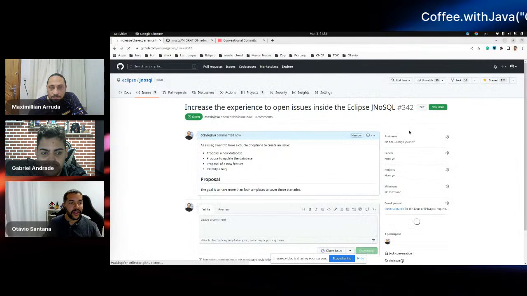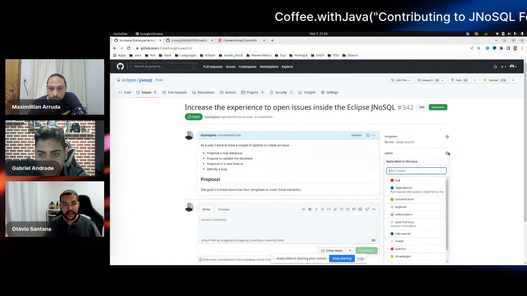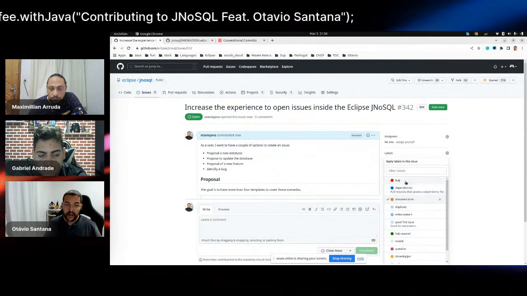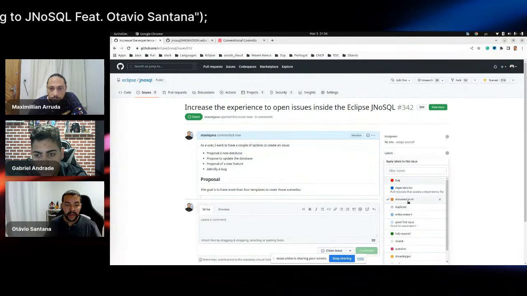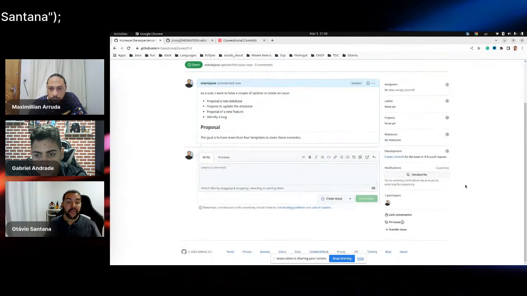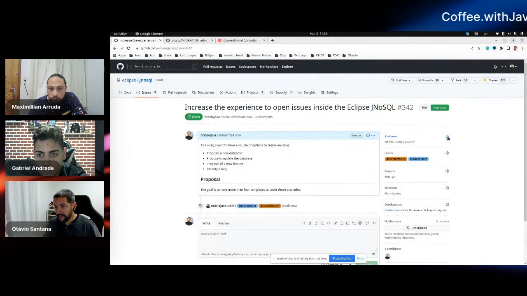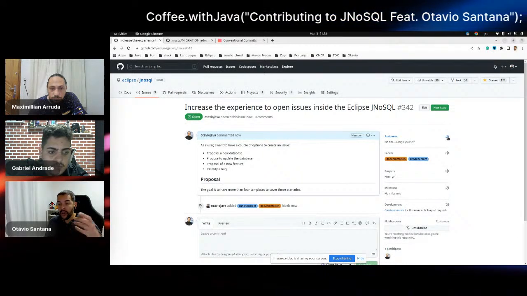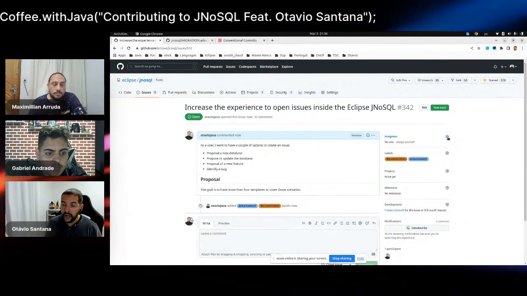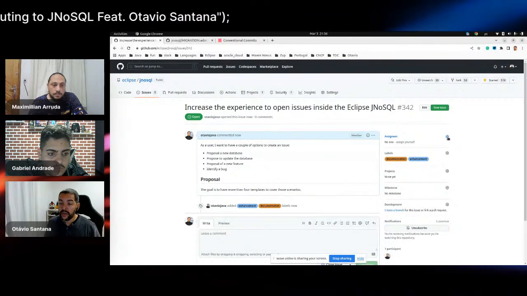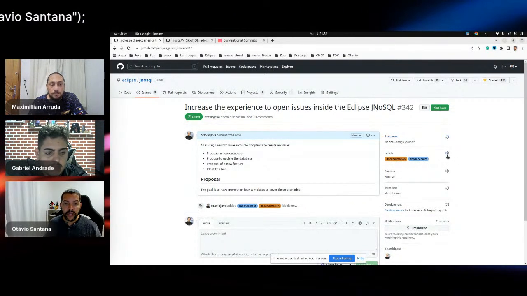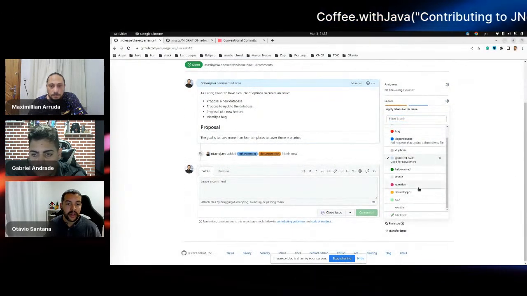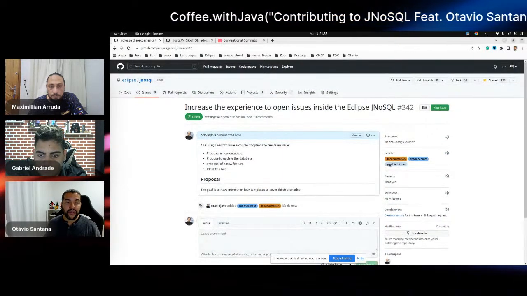So here, I open an issue. I can define this as documentation and a bug, right? So not a bug, but an increment. And I can find somebody to help me on that. Of course, as a product lead, I have more autonomy to review and merge the PR. But the idea again is to be as transparent as possible. One thing that I can do here is put the tag good first issue.